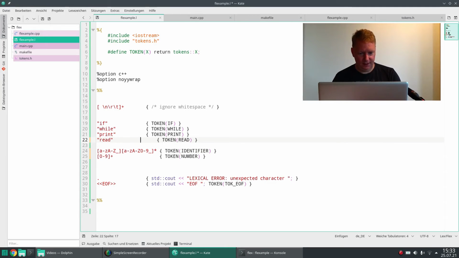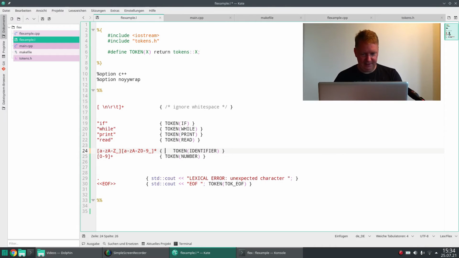And Flex also has some support for that. In your rules you can access the variables yyleng, that's the length of your match, and the variable yytext, that's